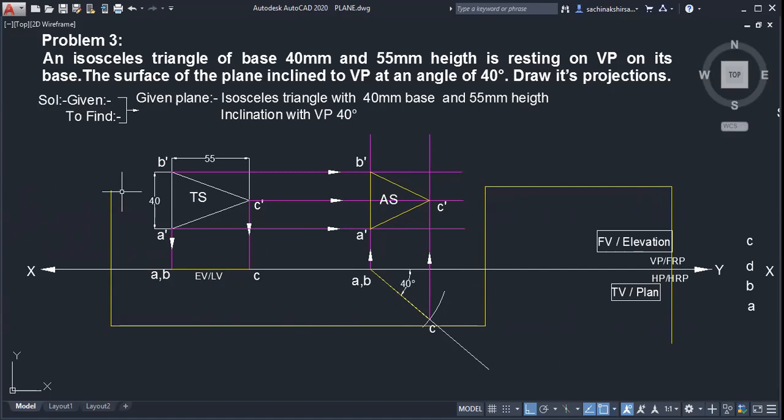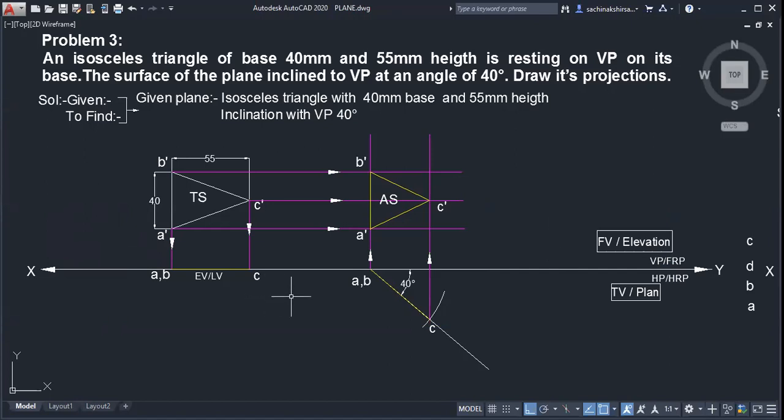Right now we have only two stages, so this later step will not be formed. In further problems you will come to know that the first view will be this, then you will come here, afterwards here, then here. The next view will be this and this, step by step. So we have to remember that. This is only a two-stage problem.